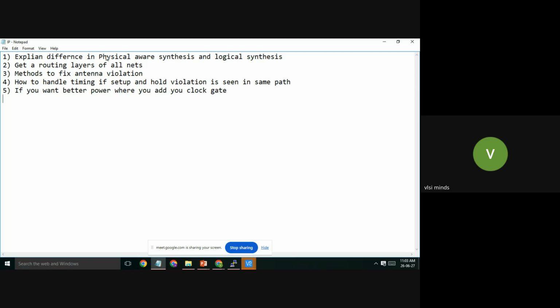What is necessary for bounds? Explain some scenarios where we can use bounds, and hard placement blockage.